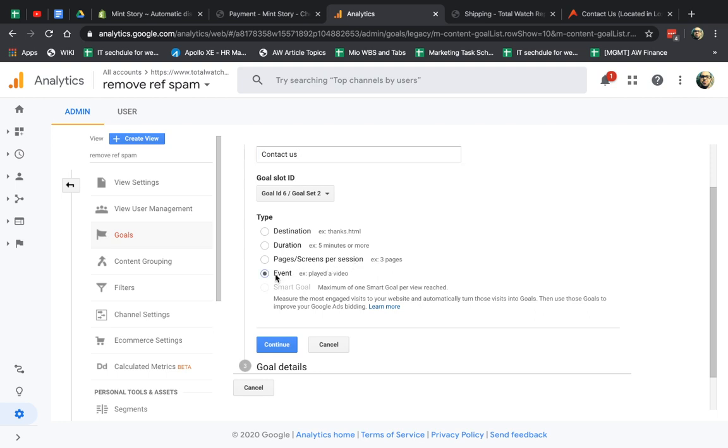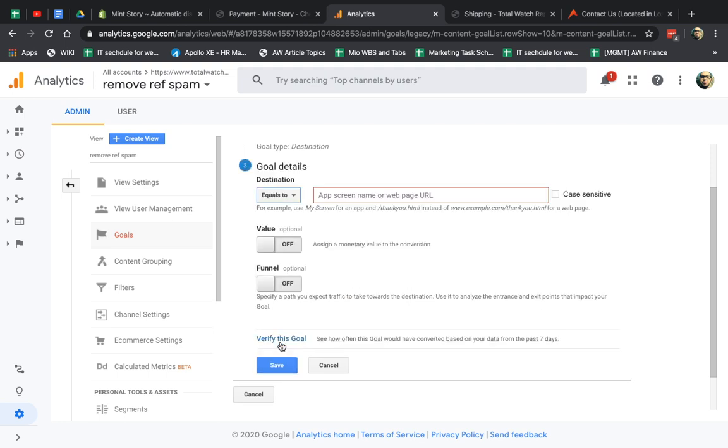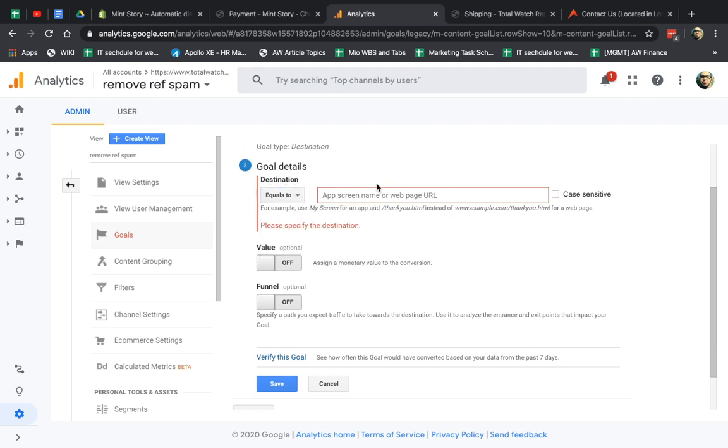And the last one is an event, right? So an event basically means a certain goal, for example, playing of a video or sharing something on Facebook or something like that on your website, you have to trigger it. So you need your developer to trigger some extra line of code that will send an event. And then when that event is met and Google Analytics hears about it, it'll set up a goal. Okay. So destination, for example, I just put the URL, or a match of a URL.